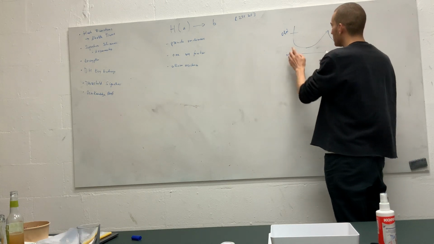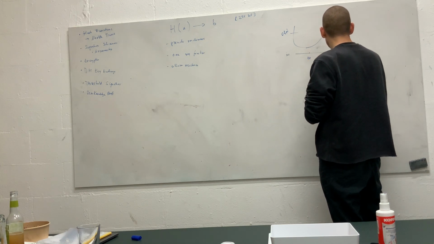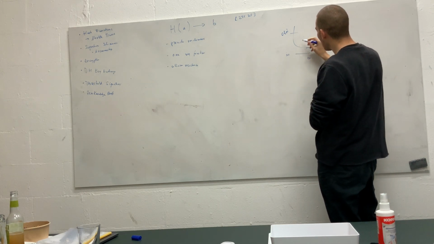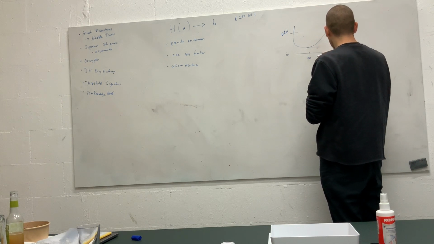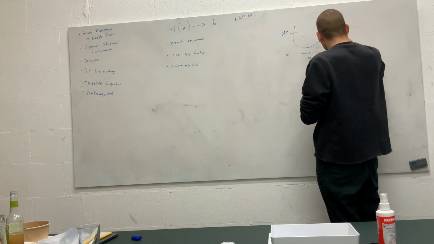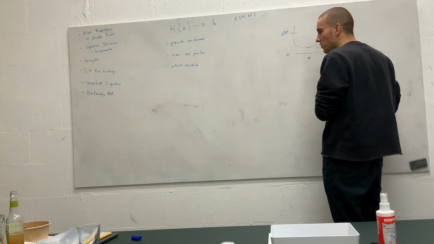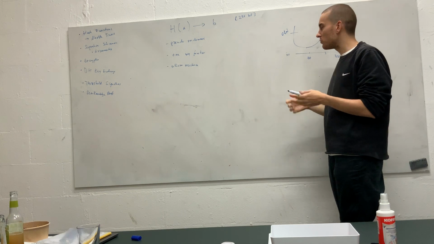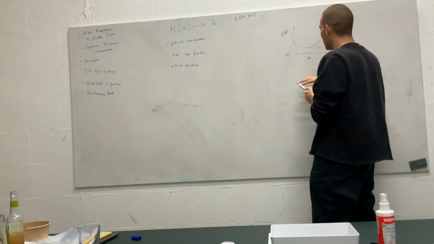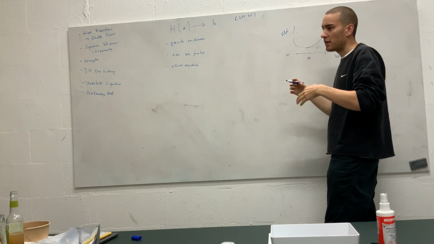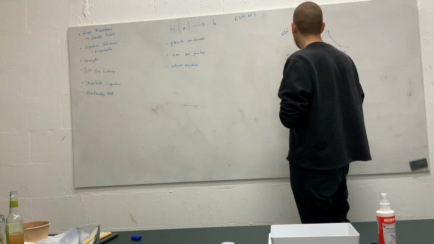If your distribution was like this, and this is 200, then I know that if my input is below 100, it's very likely that my output is also low. And if my input is between 100 and 200, somewhere in the middle, it's probably going to be high, and then it's going to be low again. Then it's unfair, because I can sort of predict it. So this is pseudo-randomness. Basically, for any input, you cannot predict if the output is going to be low or high. No matter how you change the input, you want to have the